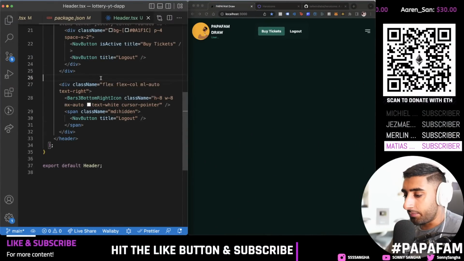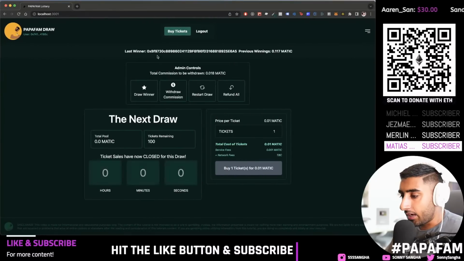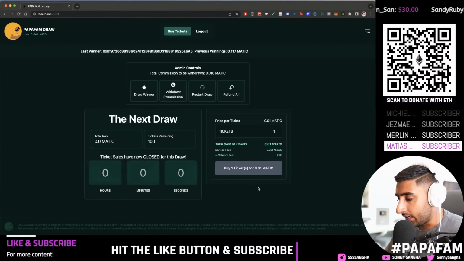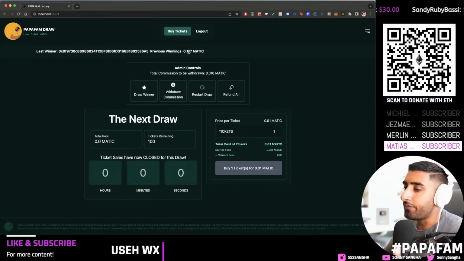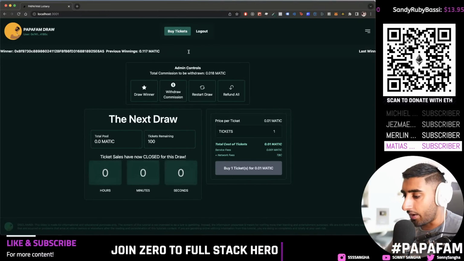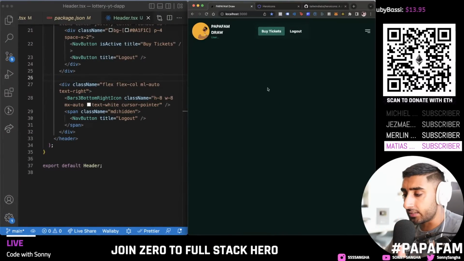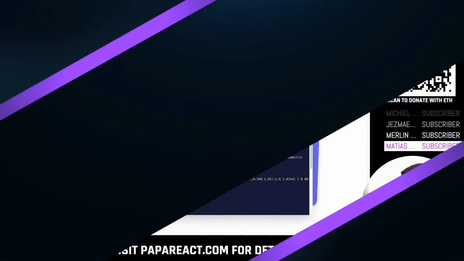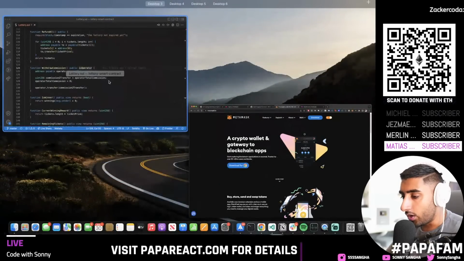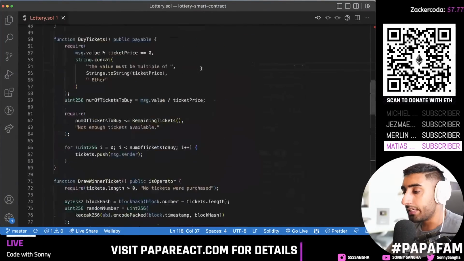Okay, so this is looking pretty good. Now buttons are done. The header is done. We're now going to move on to the center bit, right? The marquee, that kind of stuff is kind of extra fancy stuff. In fact, what we're actually going to do now is we've done the headers. We've got some UI to look at. I'm going to go ahead and move over to the smart contract because I want you to start deploying your smart contracts, right? So the first thing I want you to do, guys, is go over to your lottery